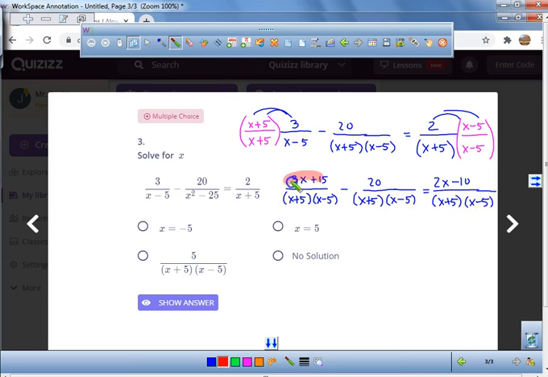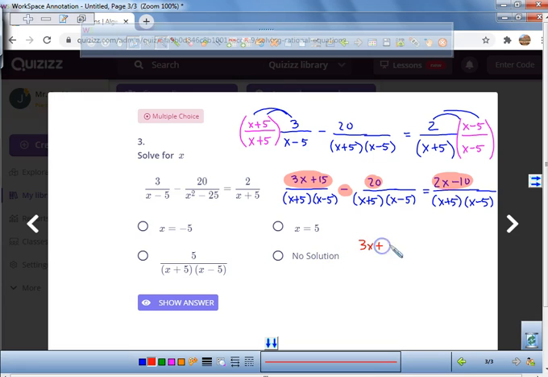then I can take this minus this and set it equal to this. That's all I'm going to do, because I made all of my denominators equal. I'm going to take 3x plus 15, take away 20, and set it equal to 2x minus 10 and go from there. So here we go. I know 3x stays there. 15 minus 20 is negative 5